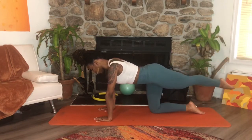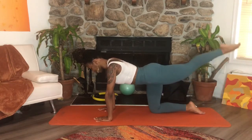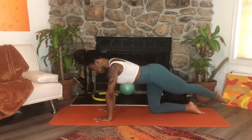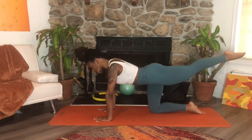And you keep flowing through. Let's take it through 2 more as we kick that leg up, cross and tap, and lift, lower and tap. Last one here. And then after we tap this final time, take that leg back up, keep it lifted as